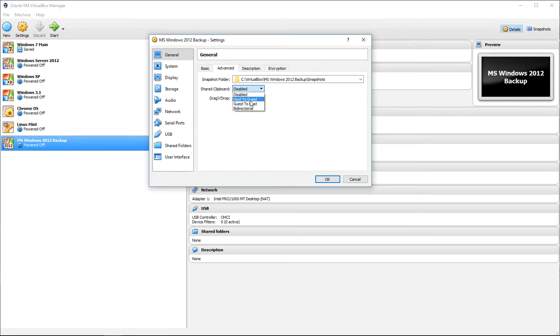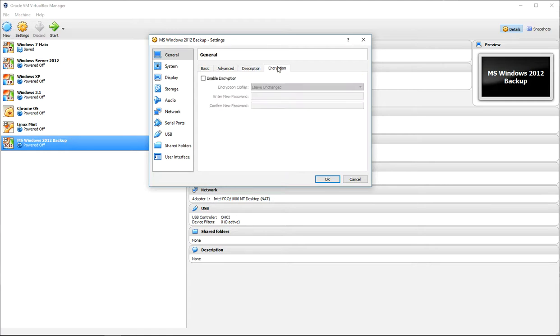outside the VirtualBox. But when I go to put in my authentication key or my product key, I go ahead and put host to guest so I can copy and paste that in there. And on the drag and drop, I never allow guest to host or bidirectional because I don't want something, again, jumping out. I don't want drag and dropping files, but you could do host to guest so you can drag and drop a file into there.